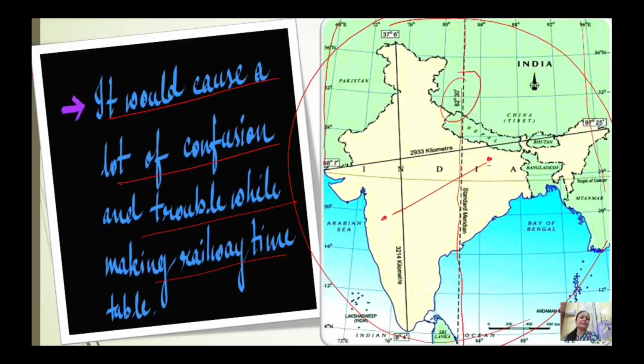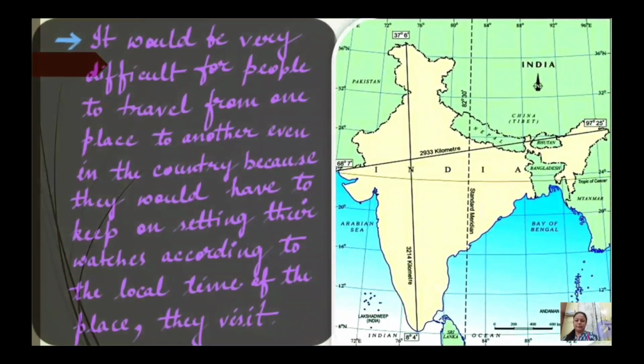And in case of India, it is 82.5 degree east, which is passing through Mirzapur in Allahabad in Uttar Pradesh. So this has a local time, and the local time of this longitude is the standard time for India, which is known as IST, Indian Standard Time. Children will learn the next concept, that will be IST. So I have given you the example of India, but many such countries which have large surface area, with several local times, follow the standard time, means the time of the longitude passing from the center of that country. So this is the concept of standard time.